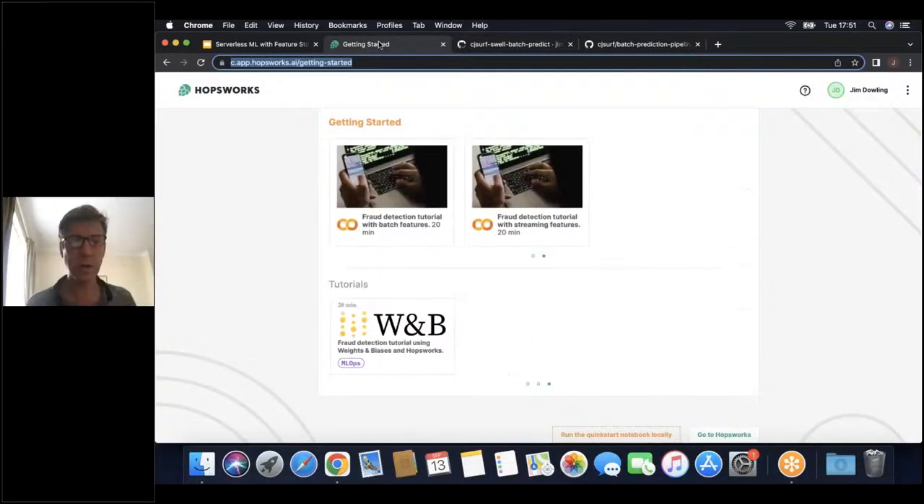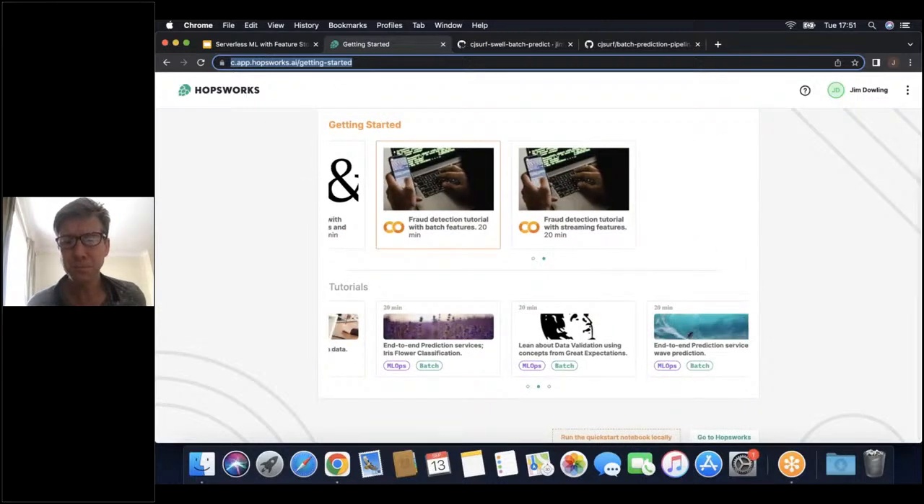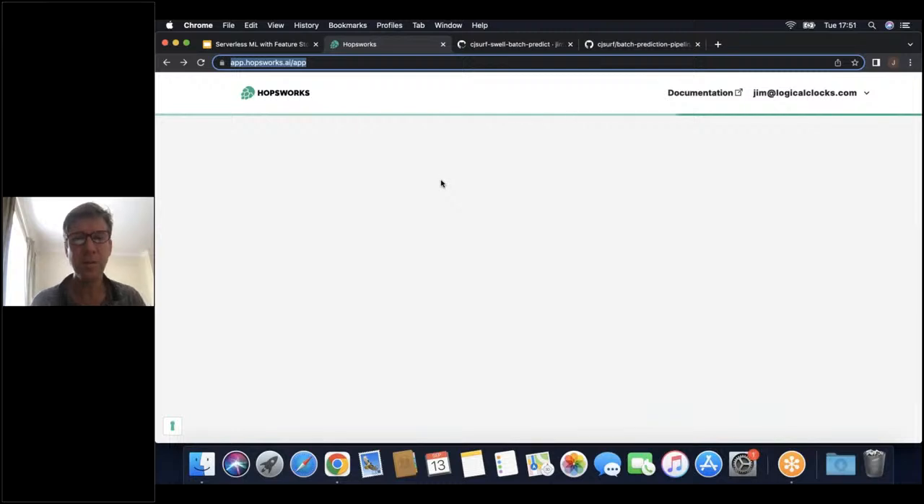Okay, so let's have a look at the feature store. This is the last thing we're going to look at. This is Hopsworks feature store. You can go to app.hopsworks.ai to register. There's a bunch of new tutorials here to get started with. So I would recommend,